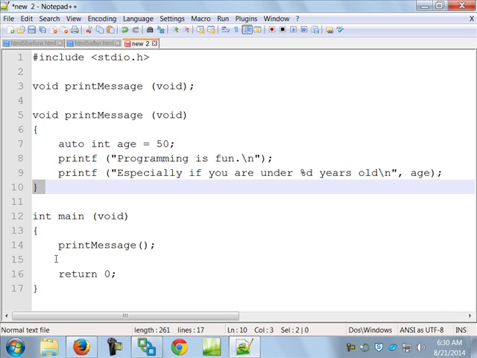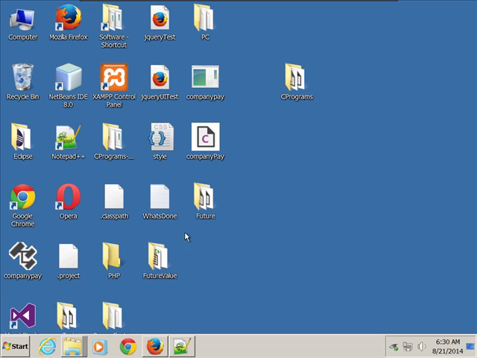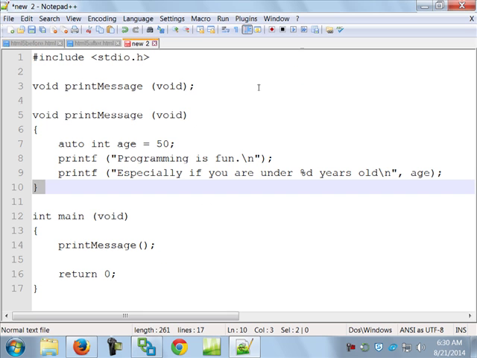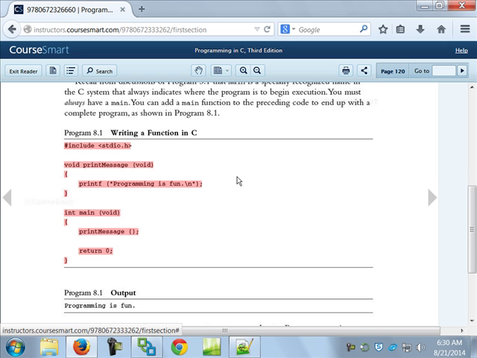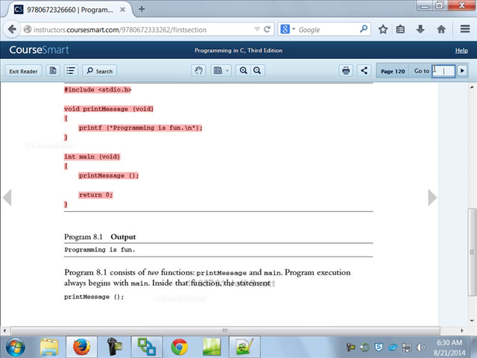So they mention this in the book on page 124, and let me pop back to the book for a second.